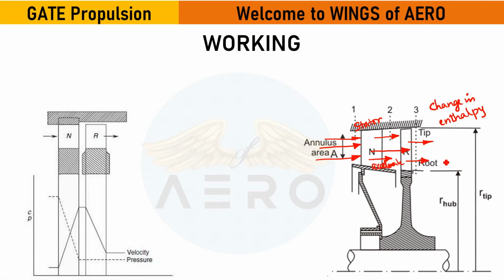So the work done by this turbine is nothing but the change in enthalpy: work done equals Cp into del H. Done? Clear? So to get a better work done, what we have to do is design